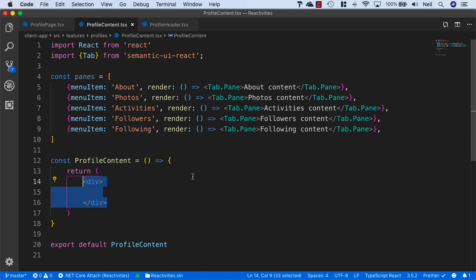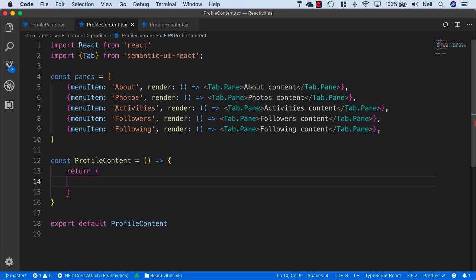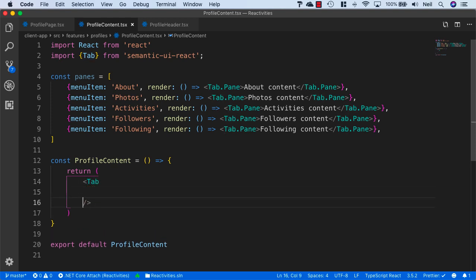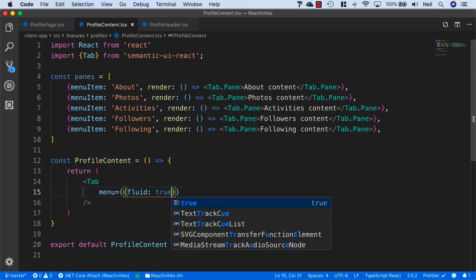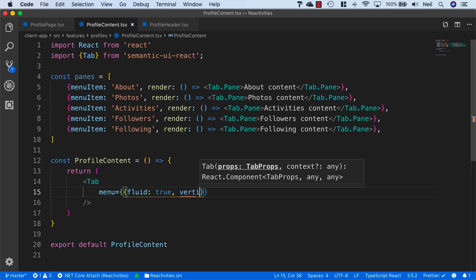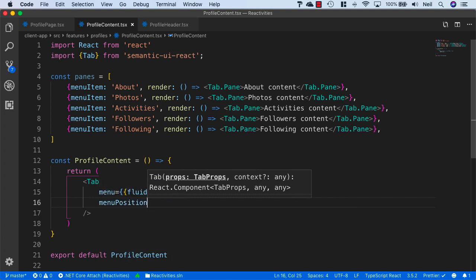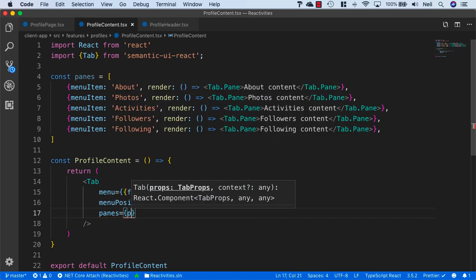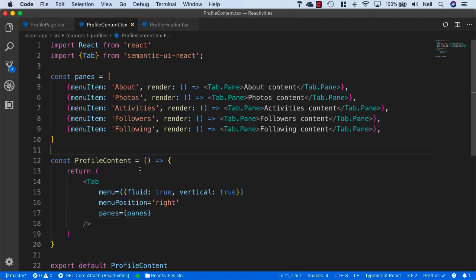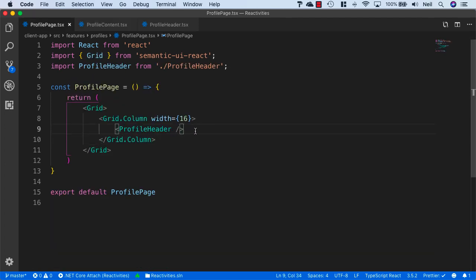And what we'll do, we'll replace this div with a tab. And inside the tab, we'll specify our menu equal, and we'll provide some options for our menu. And we'll specify that it's fluid, so it takes up the entire width of the container. And we'll specify that the menus are vertical, so we'll specify vertical equals true. The menu position we'll set to be on the right hand side, and then the panes we'll set to panes. So this is pretty cool actually, and let's go back to the profile page and just add the profile content